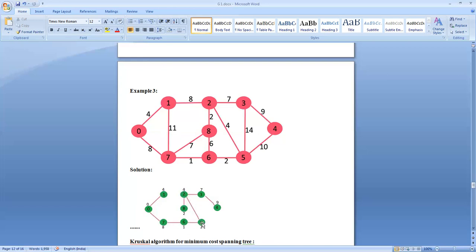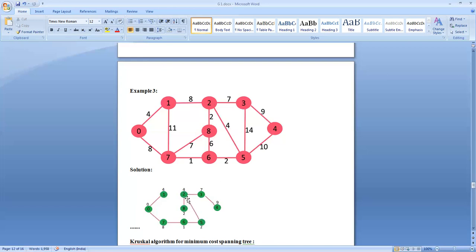Where were we? We were in 5. Among this 8, 4, 14, 10, which is minimum? This 4 is minimum. The edge from vertex 5 to vertex 2, with a weight value of 4, is selected.